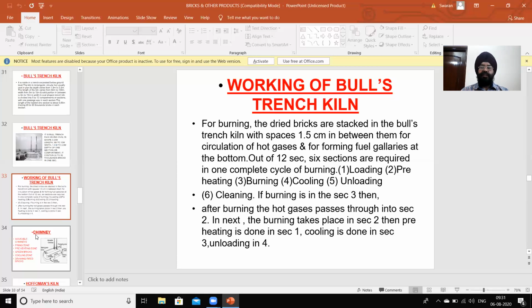If burning is in section 3, then after burning, hot gases pass through into section 2. In the next, the burning takes place in section 2. Then preheating is done in section 1. Cooling is done in section 3 and unloading in section 4. So these 6 compartments complete one cycle of burning.